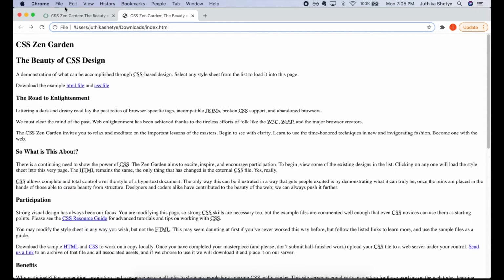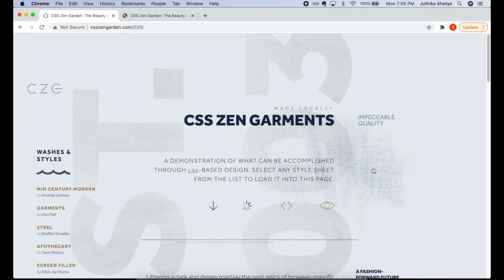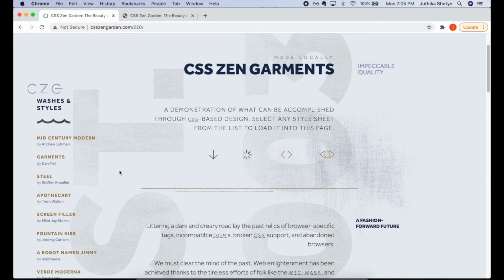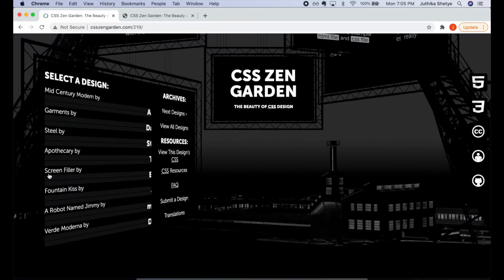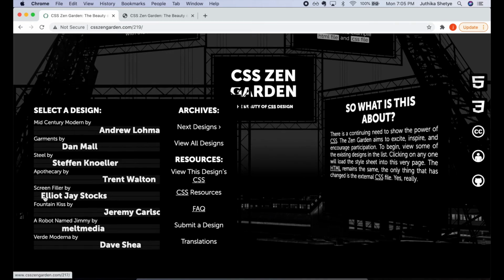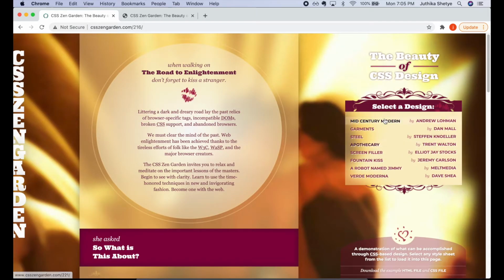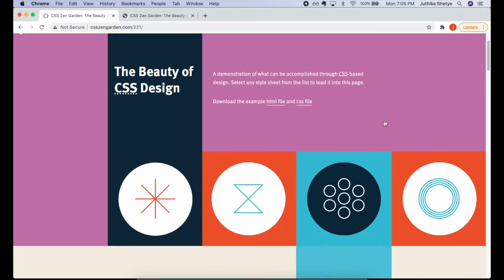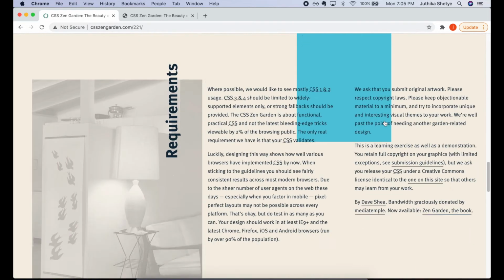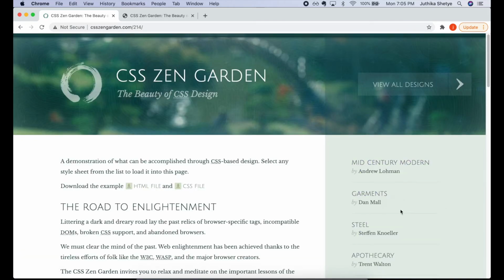So if I go back to their homepage and click on one of these designs here, you can see that this is one person's CSS style sheet for styling this same web page. And now again, without changing any of the HTML at all, someone else added their own styles. It looks completely different. It's the same exact HTML, but it looks completely different. Similarly, many other people have added their own styles to this same web page and they all give a completely different look. That's the power of CSS.